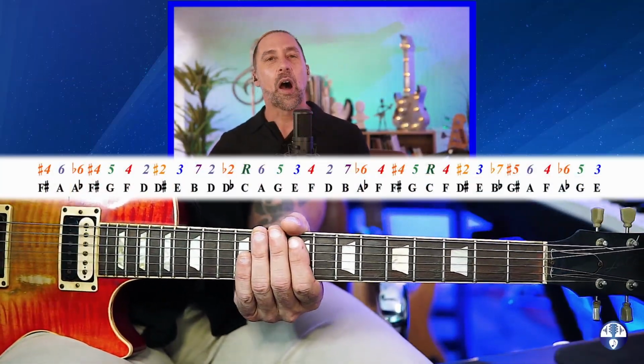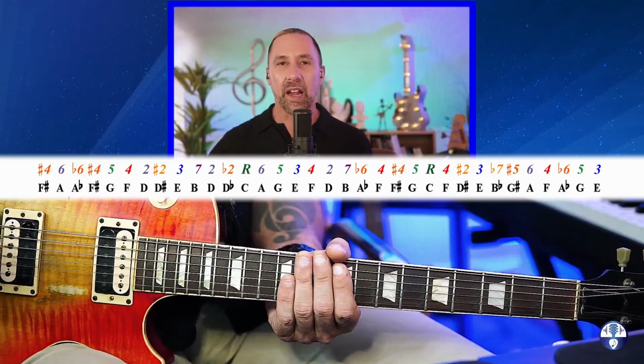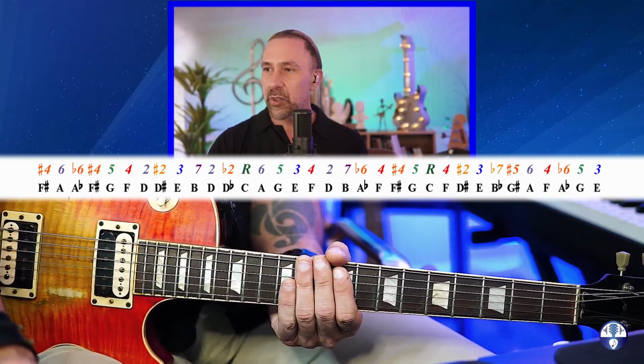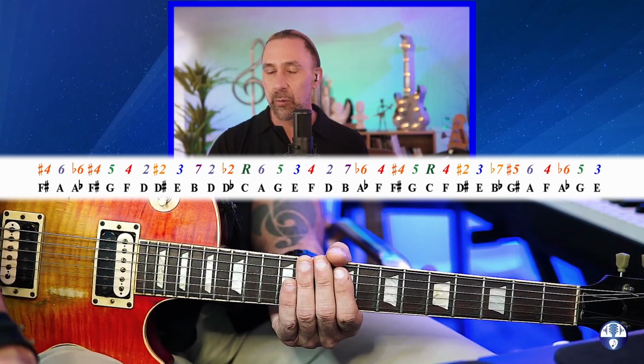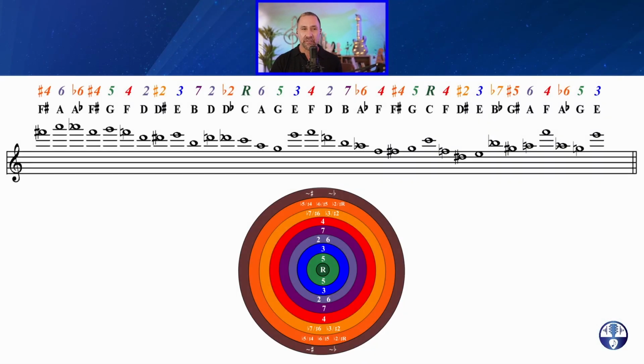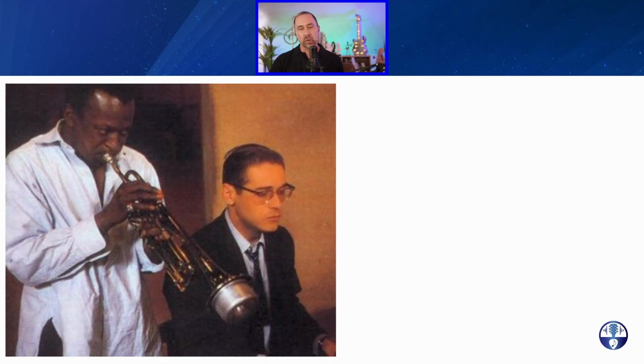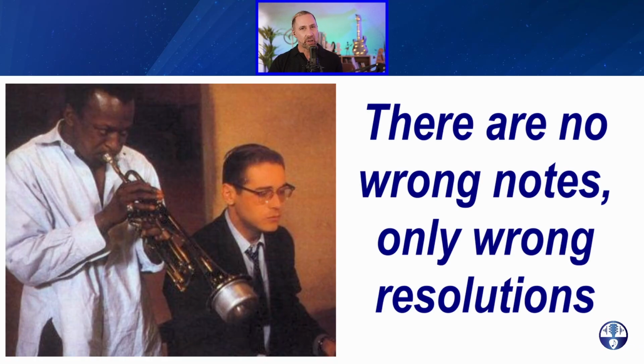And you can tell by the color coding of this that I'm really going out there, but I'm really also trying to emphasize the points of resolution that I established with the original consonant skeleton. As a matter of fact, you'll notice with this last phrase, even if I remove all of the dissonant notes, okay, and there's a lot of them, even if I remove all the dissonances, I'm still back to that consonant skeleton that I started with, okay? One of my favorite quotes from Bill Evans, the legendary piano player, is that there are no wrong notes, only wrong resolutions.